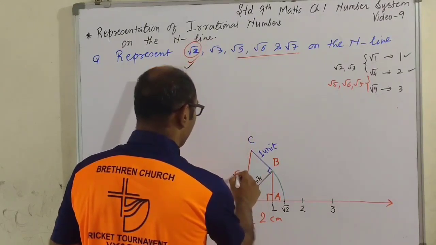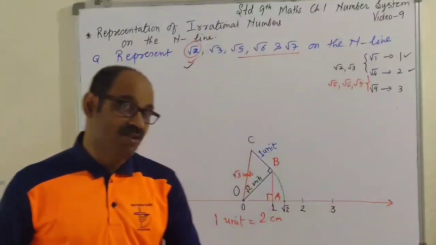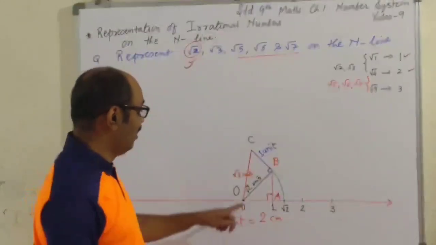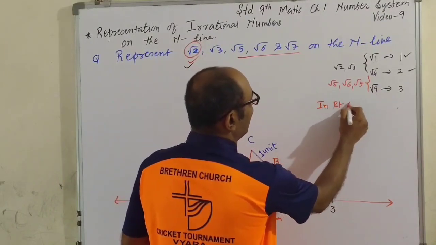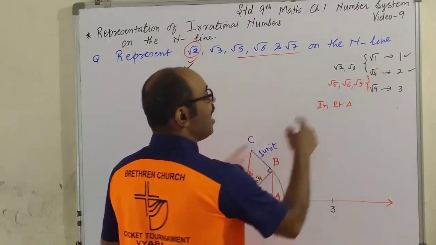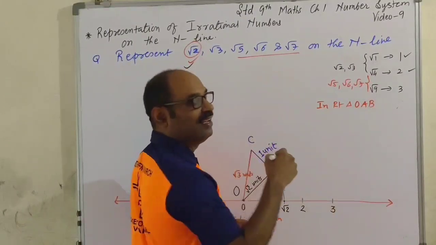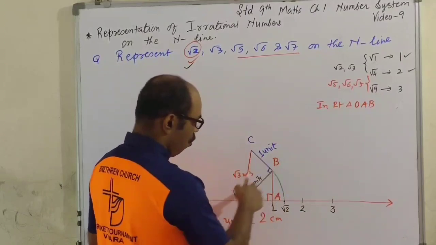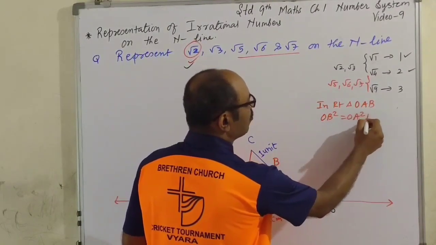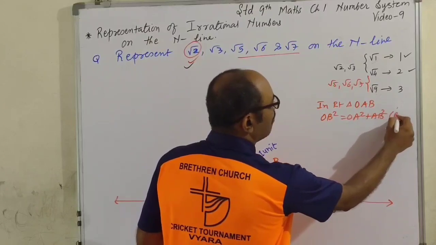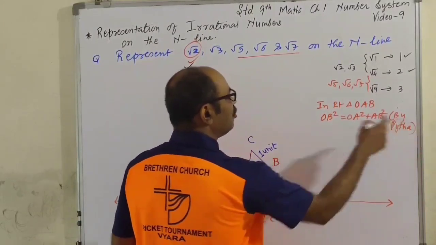Now this is going to be root 3 units. Children, वो चीज तो आपको यहां लिखनी है. ये पहला वाला राइट ट्राइंगल. इन राइट ट्राइंगल OAB, यहां डैश नहीं है. ऑलराइट, सो इट इज मोर कन्वीनियंट. OB इज द हाइपोटेन्यूस. OB स्क्वायर इज इक्वल टू OA स्क्वायर प्लस AB स्क्वायर बाय Pythagoras. I have written in short.